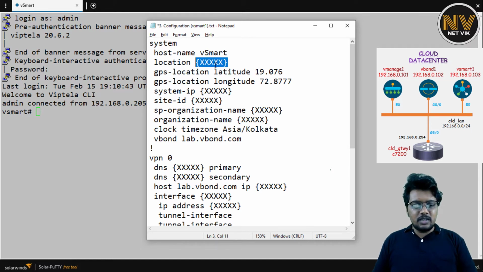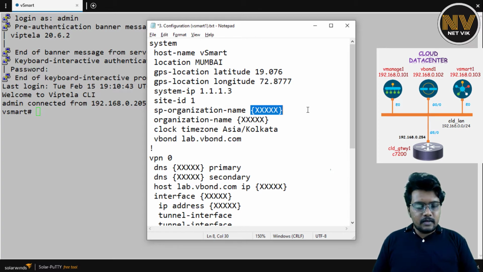Location is going to be Mumbai, and if you see, I do already have copied the lat long, and system IP is going to be 1113. If you would have followed our earlier videos, vManage have 1111 and vBond have 1112. So the next IP is going to be assigned to vSmart, which is 1113. Site ID is going to be same, right? All three devices are in the same site. Organization name is going to be this,